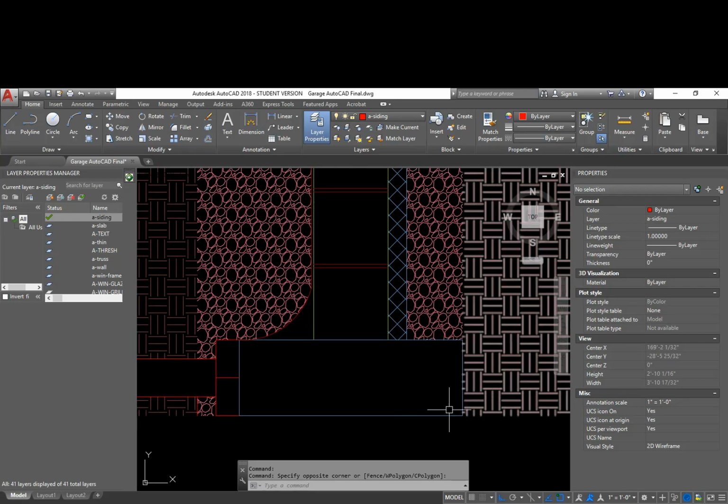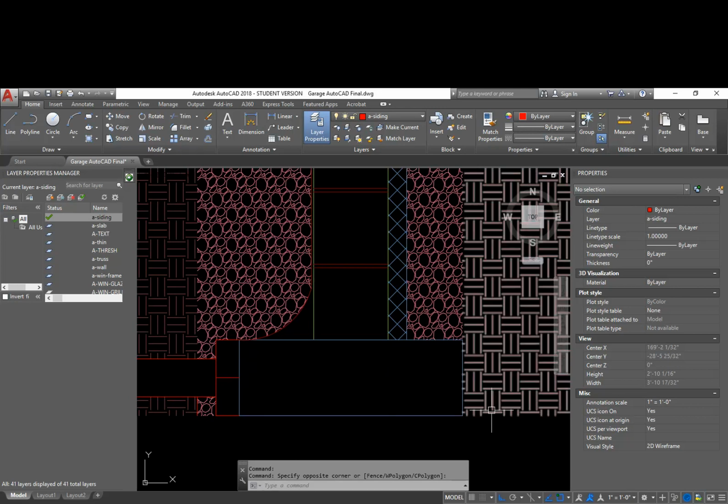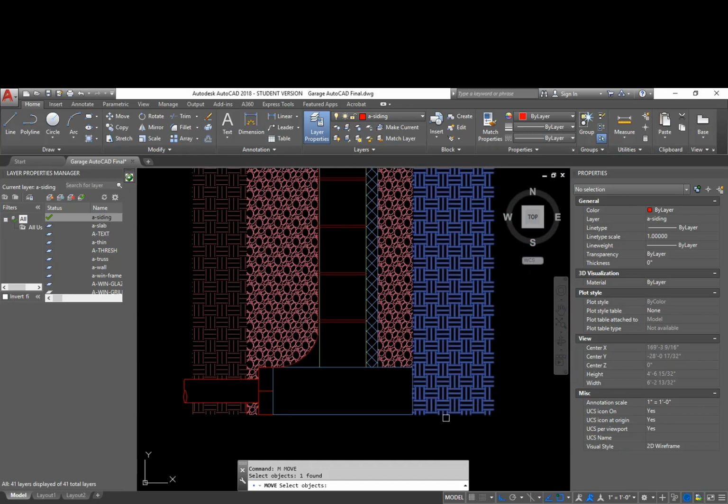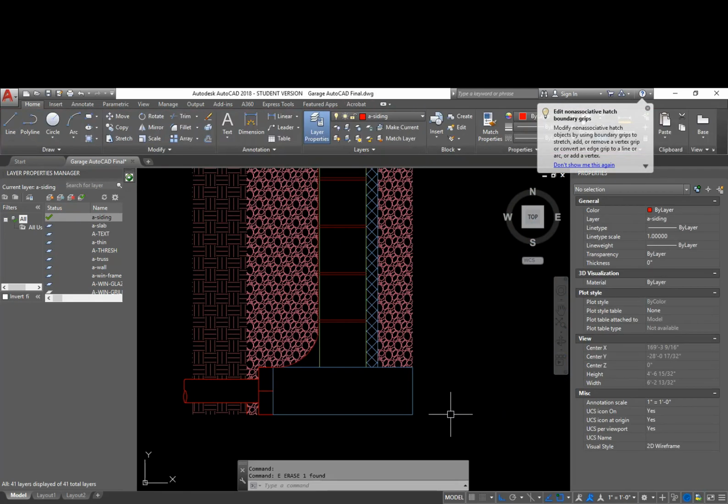So the whole purpose of using formadrain is that you actually use it for two different functions. The one function being a form to pour your concrete footing in, and the other one to use it for a drain. And we didn't add that in on this side, so I can just delete this hatch for right now,